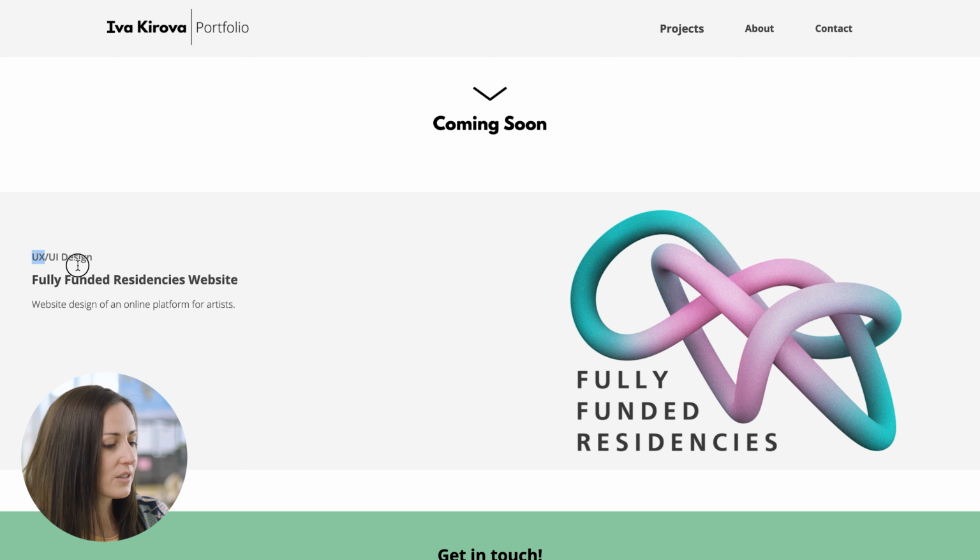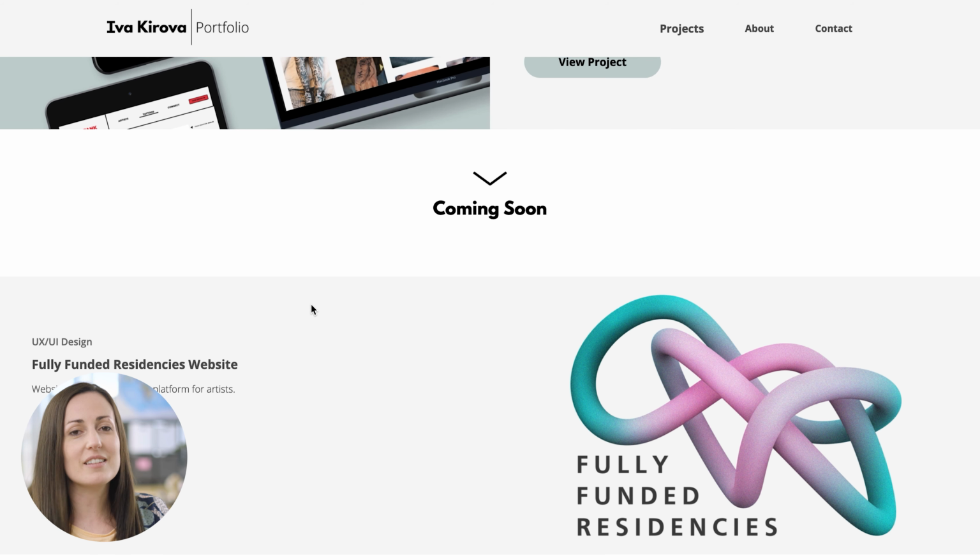There's some kind of UX UI design for an online platform for artists. I'm already interested in that and know now that Eva is doing work and involved in things that bring UX and UI design to the things that they're already passionate about, which is art that they already described. So I love to see this. I'm not just doing this so that I can get a job for money, but I'm passionate about this, and this is how I'm bringing UX and UI design into this field I already have. Makes me feel like this is a person who's passionate about what they do.